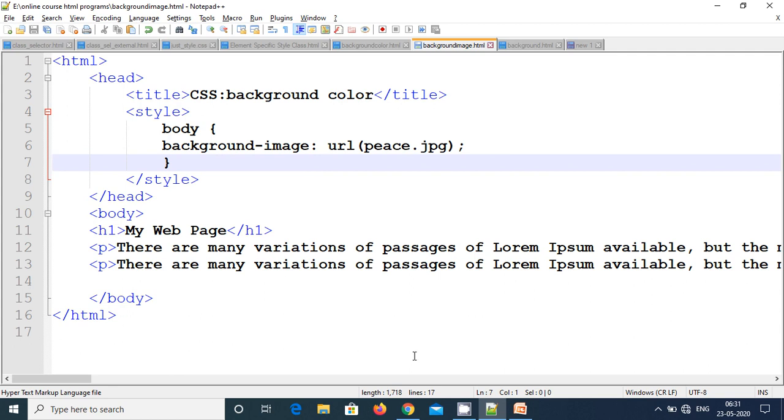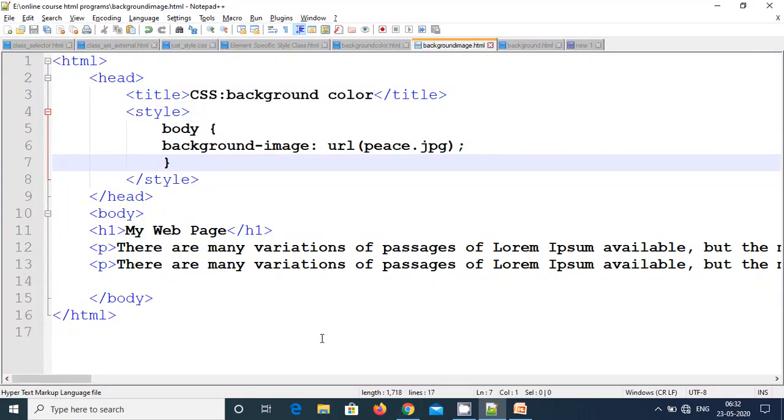The image size is small, but it is still supposed to cover the entire body of the browser window, so it keeps repeating the image. In case the image is sufficient to cover the entire body, it will not repeat. If the image size is very small, it will keep repeating horizontally and vertically.